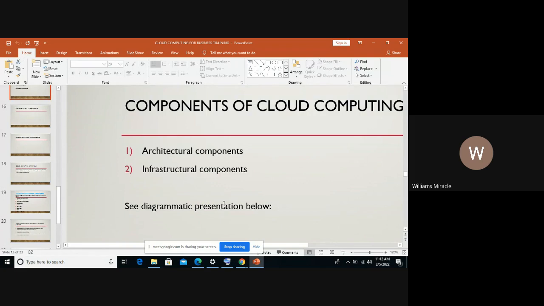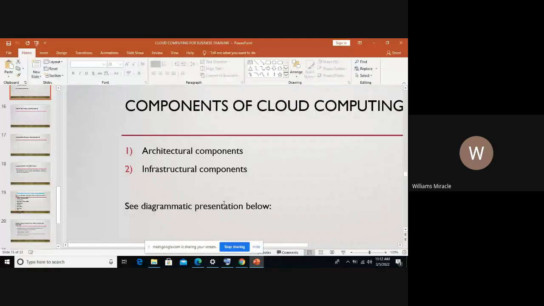The architectural components just comprise many cloud components, and each of them is connected through a network. So for the cloud architecture, we have two components. That's two parts. These are the front end and the back end. I believe you're with me.